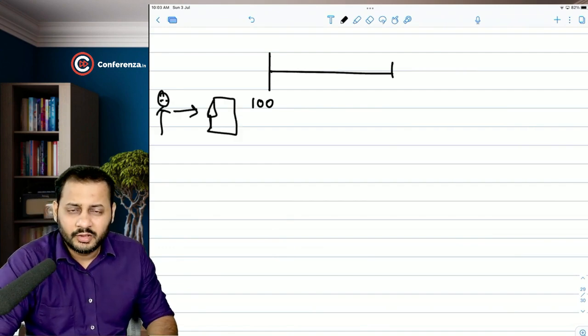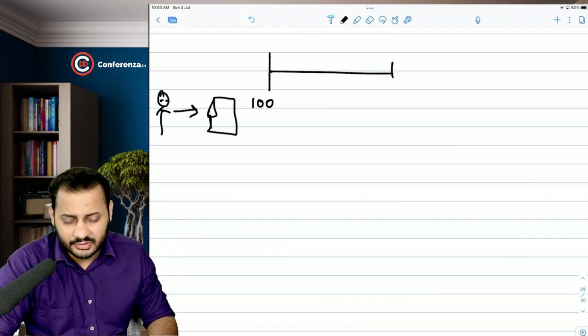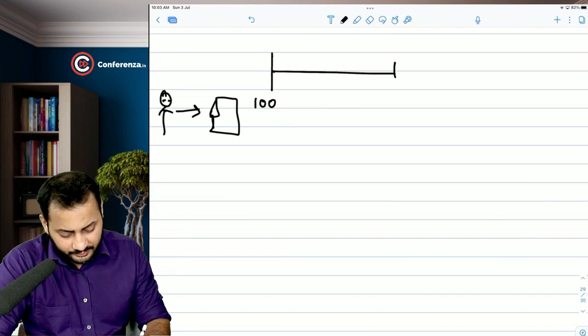Okay. Now that company is using 100 rupees for the entire year to do the business, and at the end of the year, let's say the company has earned around,